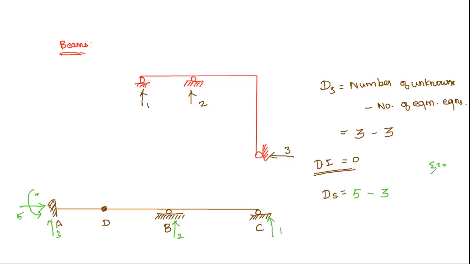So summation of F equal to 0, that is H and V, and summation of M equal to 0. Here, due to the hinge provided, we will have one additional equation: moment at D is equal to 0. So we have to subtract that one also. So degree of static indeterminacy is 5 minus 3, 2, 2 minus 1, 1. So the degree of static indeterminacy of this given beam is 1.